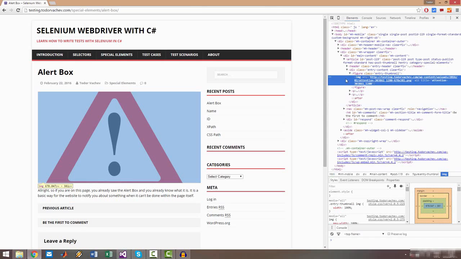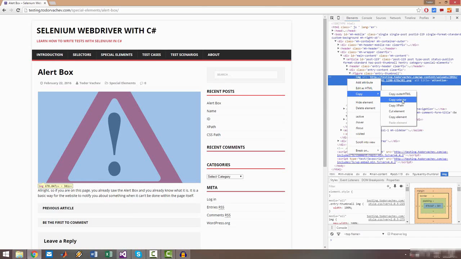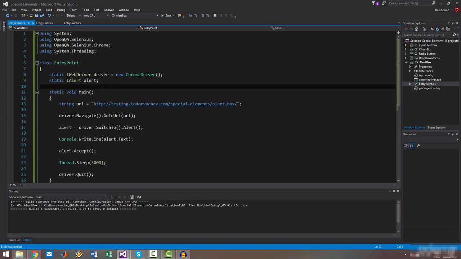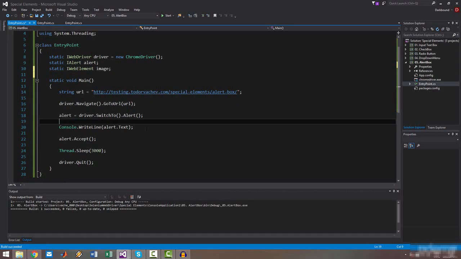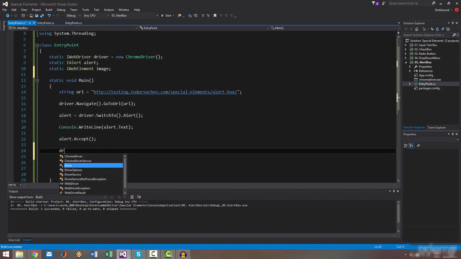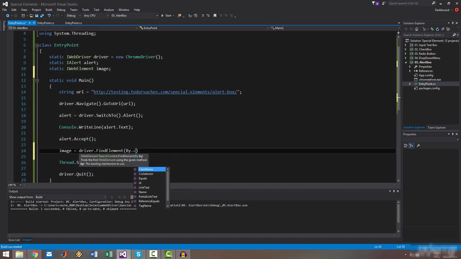Let's take its CSS selector and create a new IWebElement here, IWebElement image, and we will initialize it after we accept the alert box, because we don't see it before this. Driver, image equals driver.FindElement by CSS selector,